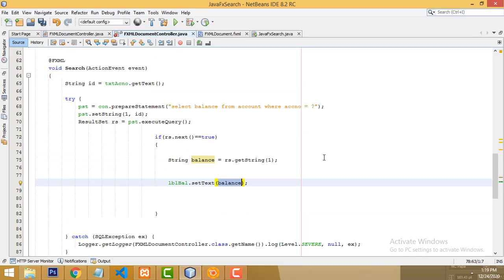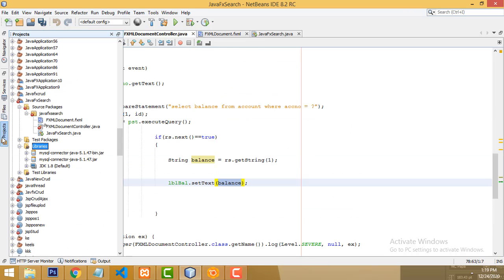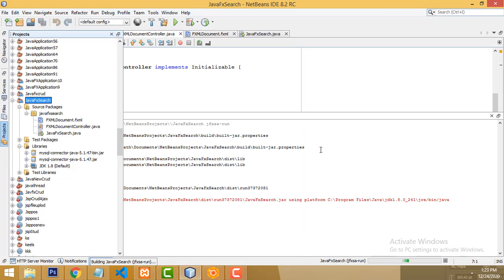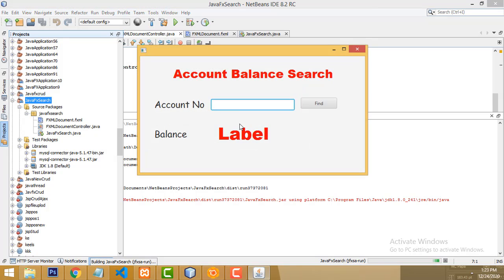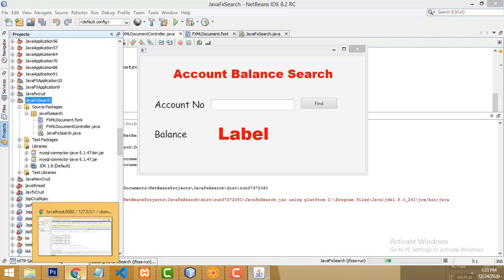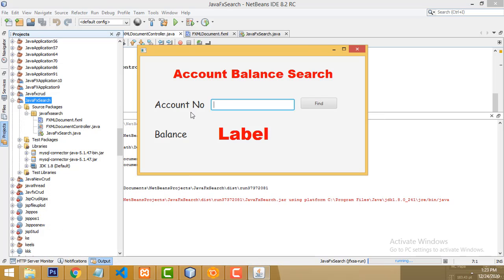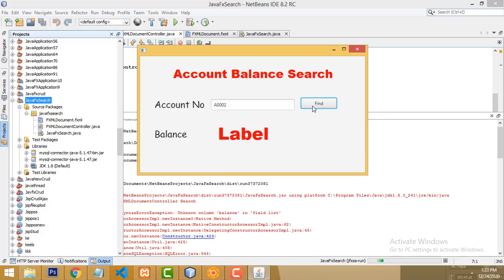When you click the button, now let's run and check whether it's working fine or not. Select the project, run. It's working. Now let's check the balance with this account number. Copy, and I just paste it over here. Find.